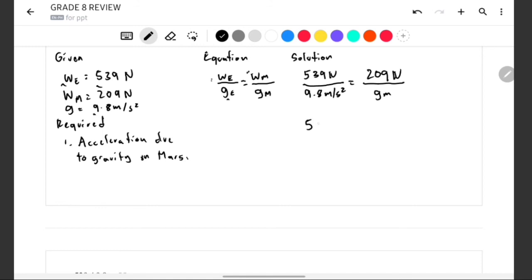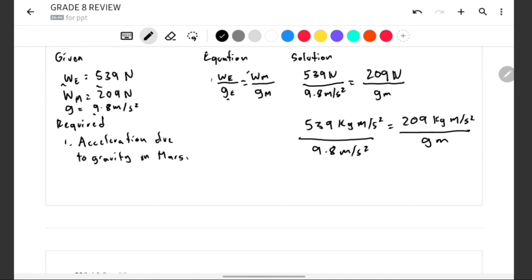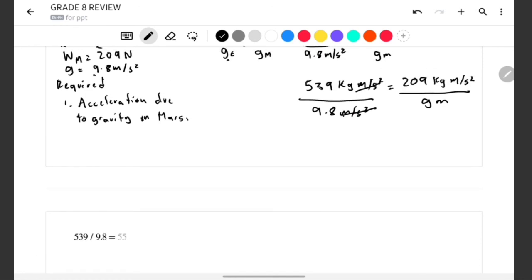So, 539 kilogram meters per second square is equal to 209 kilogram meters per second square all over g_M all over 9.8 meters per second square. Actually kasi, kapag pinag-divide natin yan, magka-cancel ito. Okay? So, magiging, ano ulit yan? 55